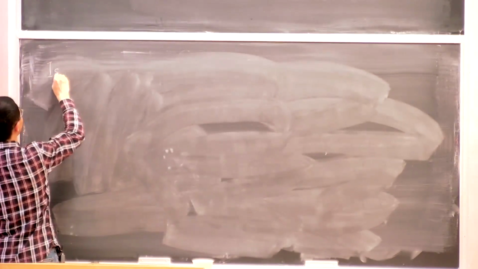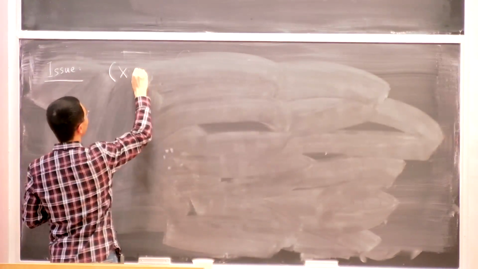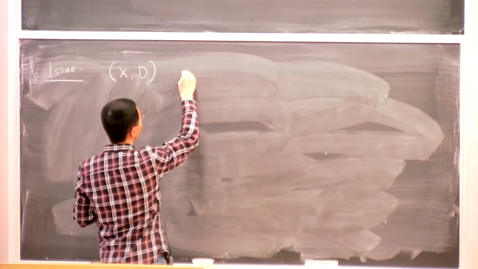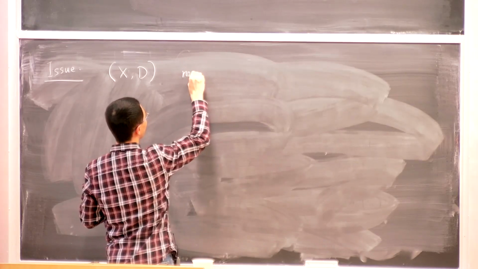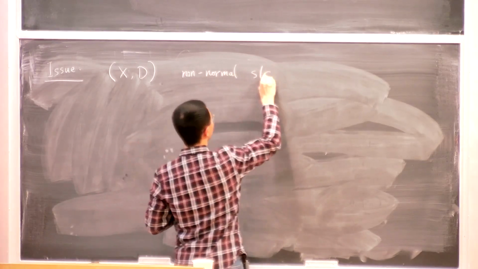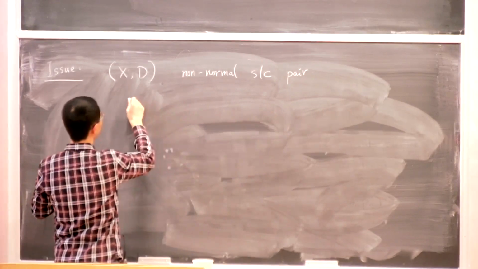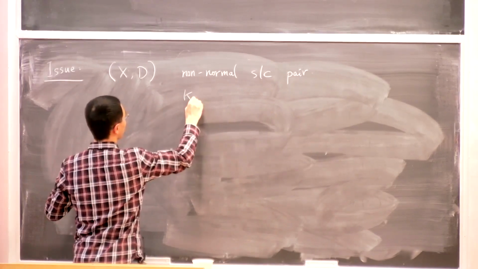So there are some issues here. If I have (X, D), which is a semi-log canonical pair that's not normal, and you can even assume that K_X + D is big,